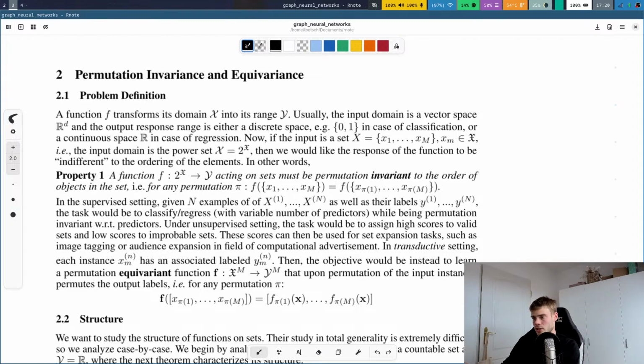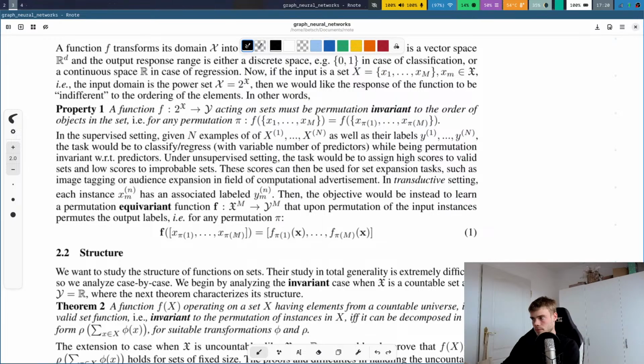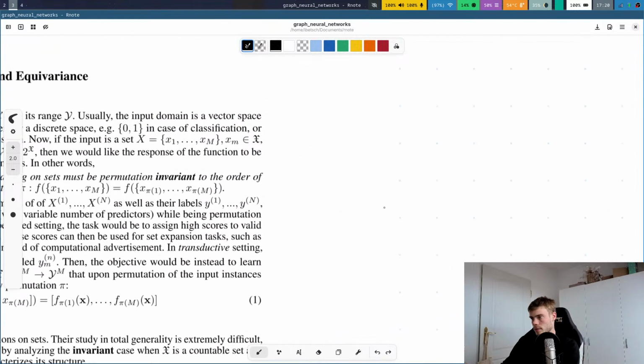setting, each instance xm has an associated label ym. Then the objective would be instead to learn a permutation equivariant function that upon permutation of the input instances permutes the output labels for any permutation. Yes. Okay, so whenever